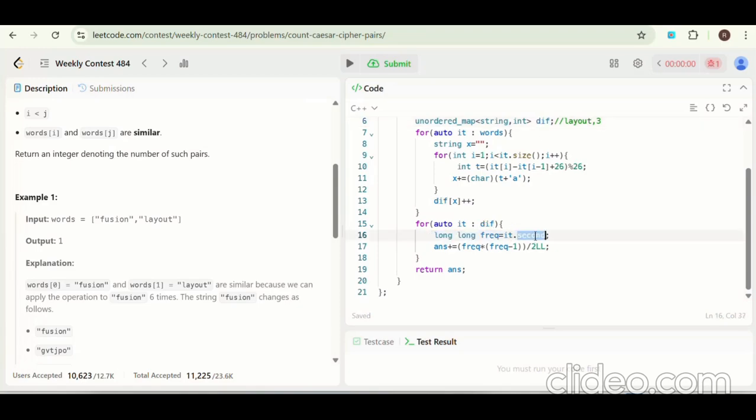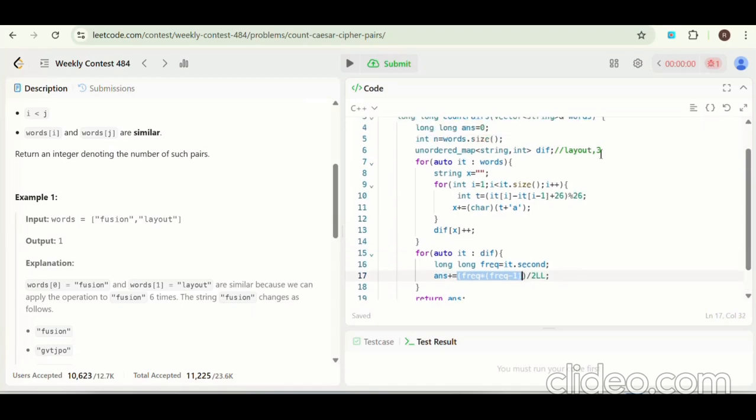Frequency will be it dot second because the int is in the second position. Then we will try to find, like if there is 3, how many combinations, how many pairs will we get? We will get 3 into 2 divided by 2 equals 3. 3 pairs we will